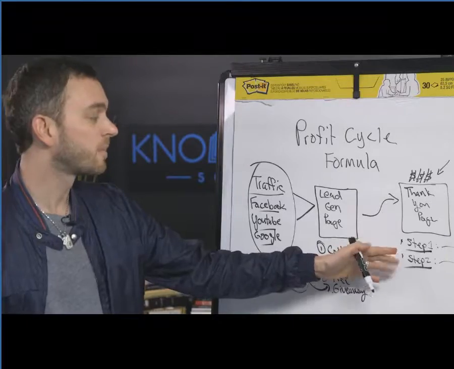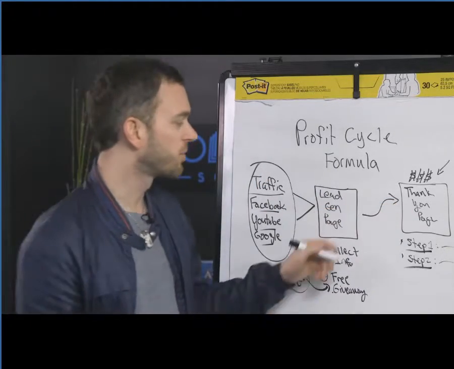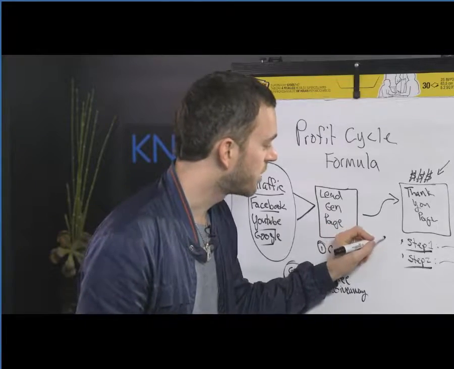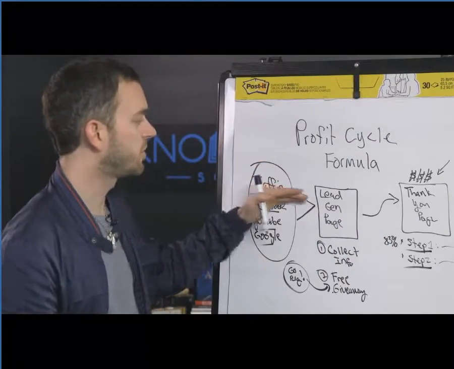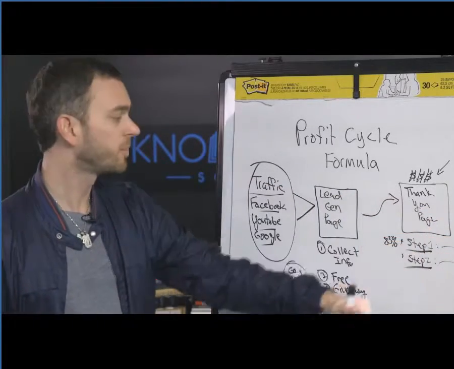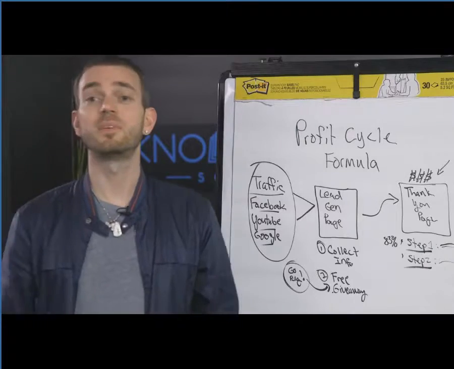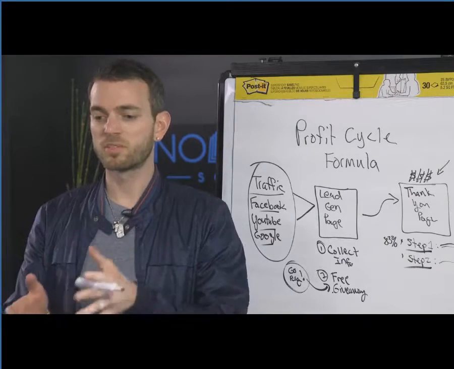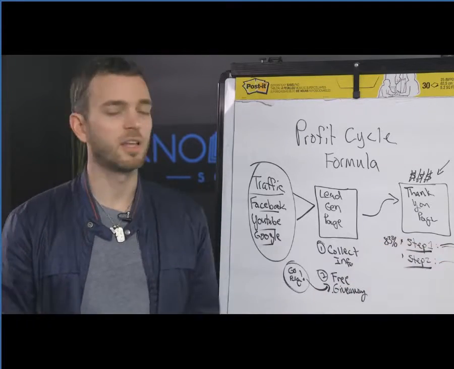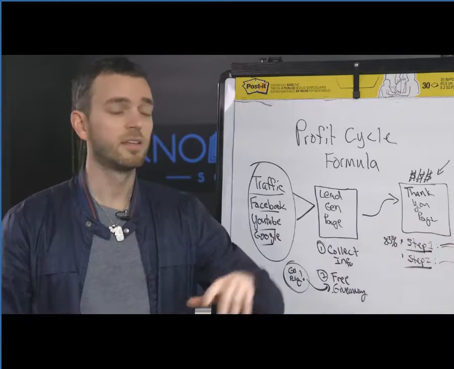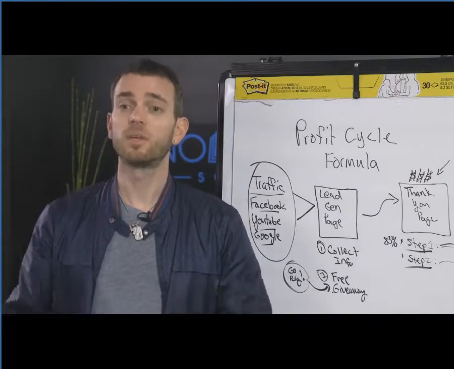When we did this, we saw that on average, as people would come through our funnel, about 83% of the people that came through this funnel would take action on step number 1. So step number 1, like I said, for every local business, for every small business owner, is going to be different, right? It could be to go to their online store. It could be to go to their Facebook fan page. It could be to go follow them on Twitter. It could be all of these things.